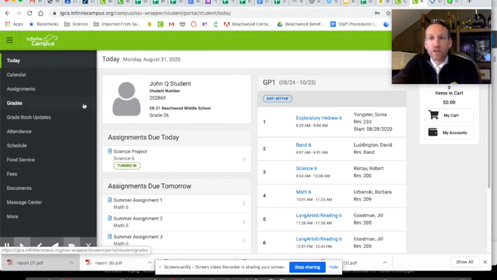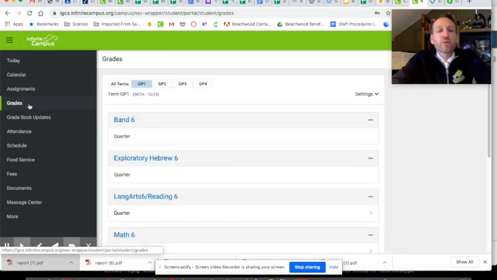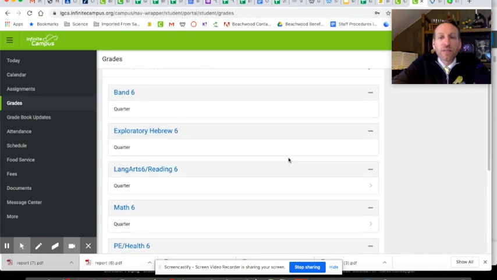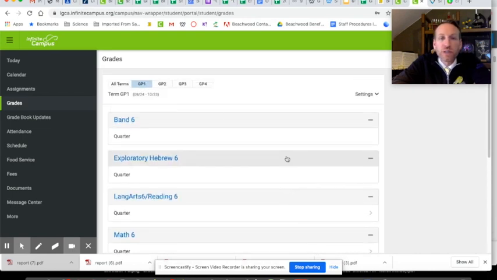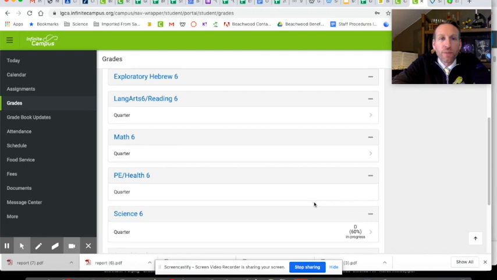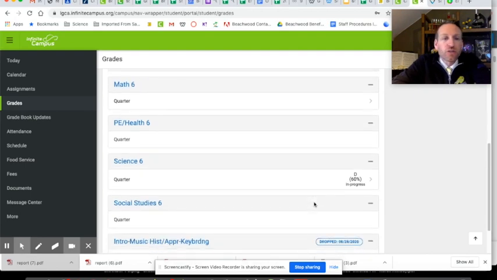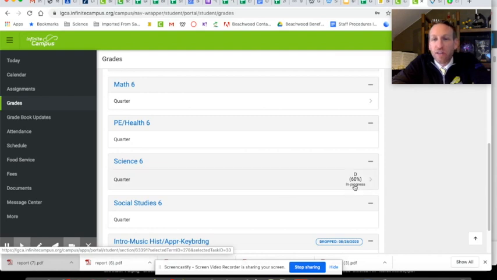The important thing for you guys is the grades. We are constantly updating our grade books with the hope that you are looking at them as well as your student looking at them. So when we look at grades, you click grades over here to the left, and your in-progress grades for GP1, grading period 1, are going to show up. As of right now, there is only a grade in science for this made-up student, and they have a 60%. It tells you it's in progress, meaning it's not the final grade yet